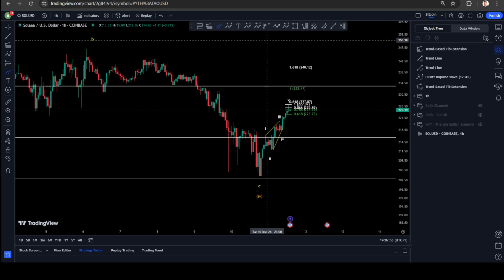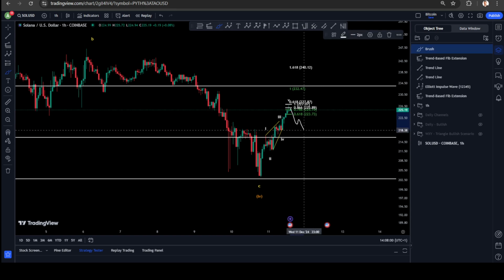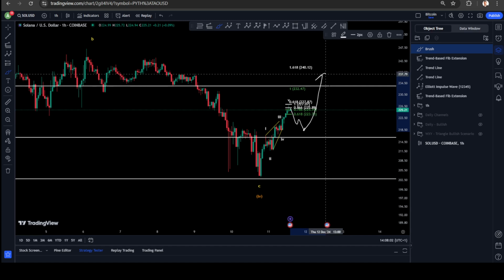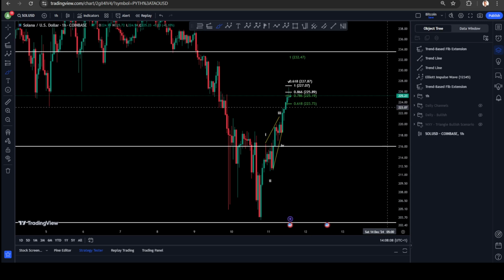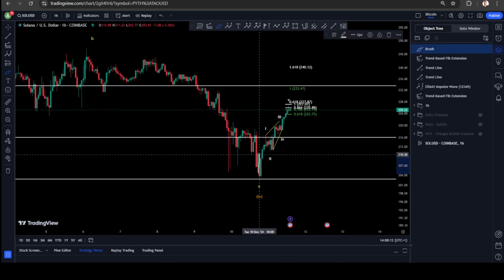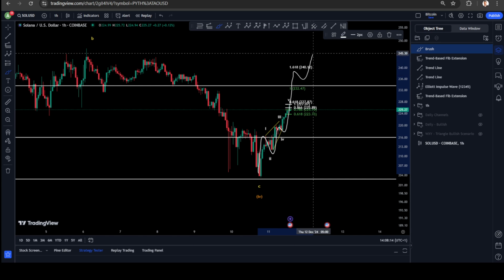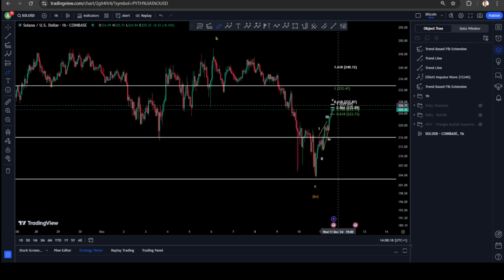So basically, two scenarios. In the contracting diagonal, you would like to see a wave 2, even if it is a little bit shallow, and continuation towards the upside. If we take the high, the price at $227, that means we invalidate this diagonal and it becomes a double 1-2 and then 3-4-5 to take the high for Solana.